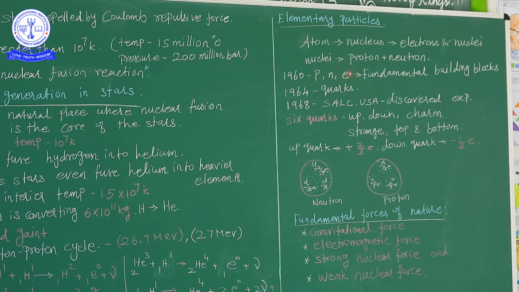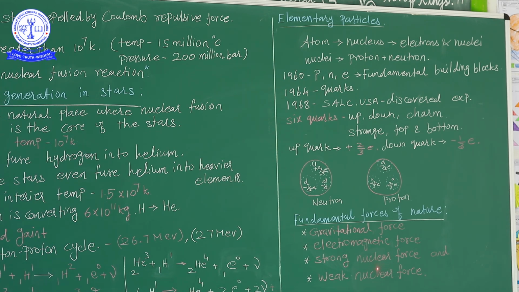Why do electrons not go inside the nucleus? You think about why the electron does not fall inside the nucleus, because the proton is positive and the electron is negative. Why do they not combine? This is the force between the proton and the electron. This force means strong nuclear force and weak nuclear force. The proton-proton forces and electron-electron forces are nuclear forces also.